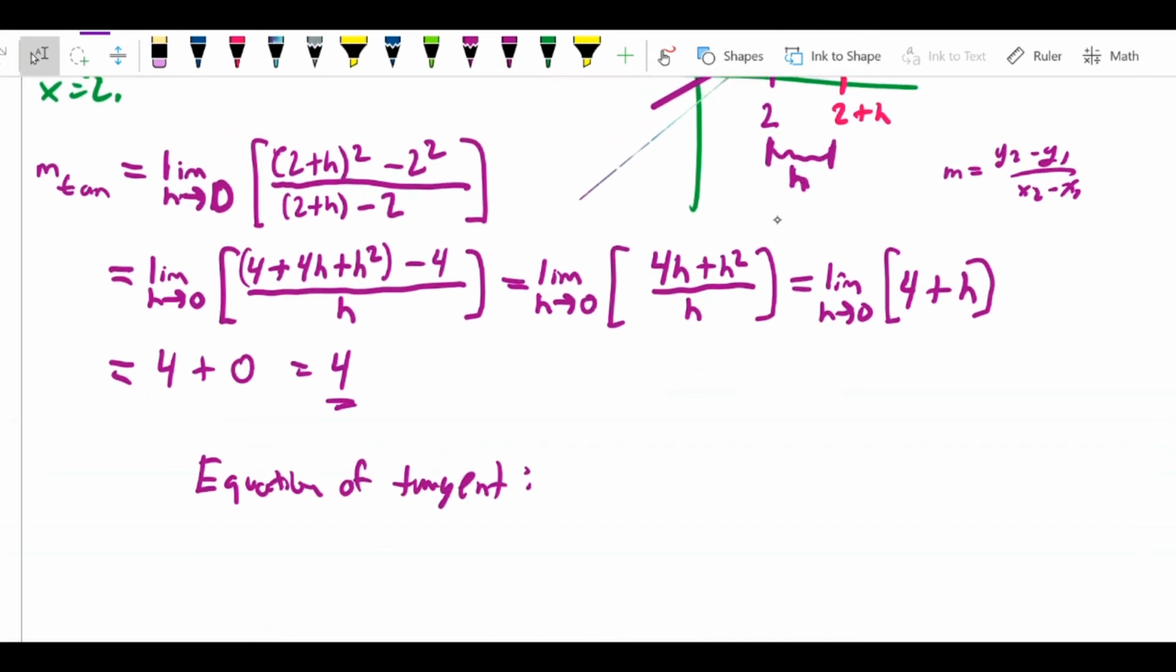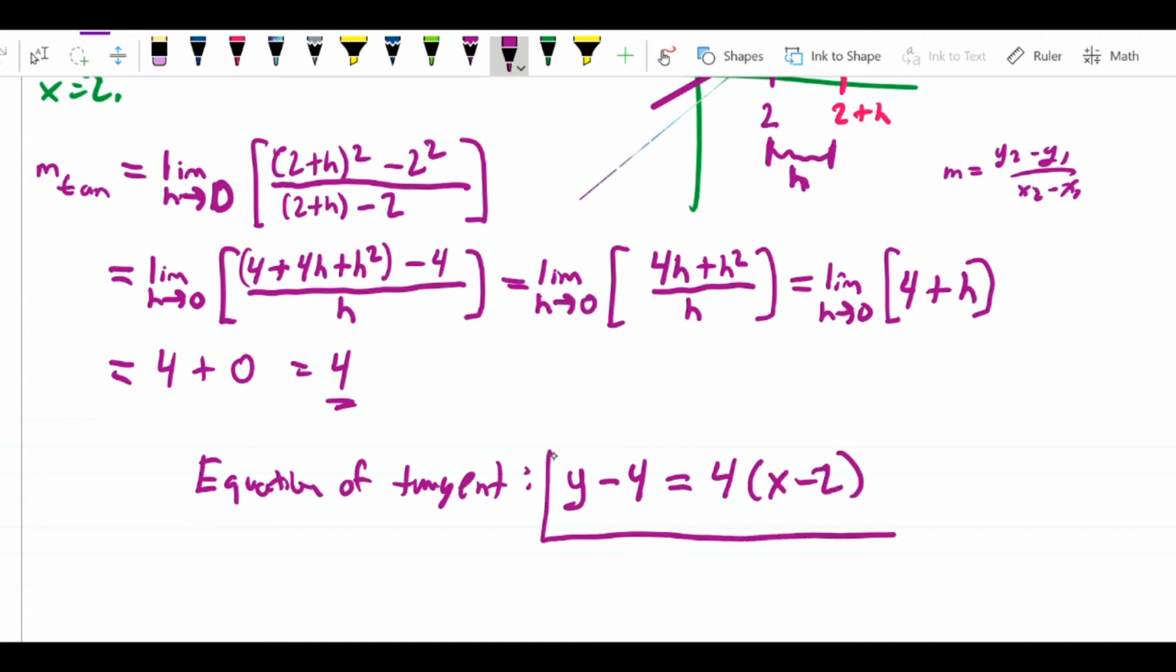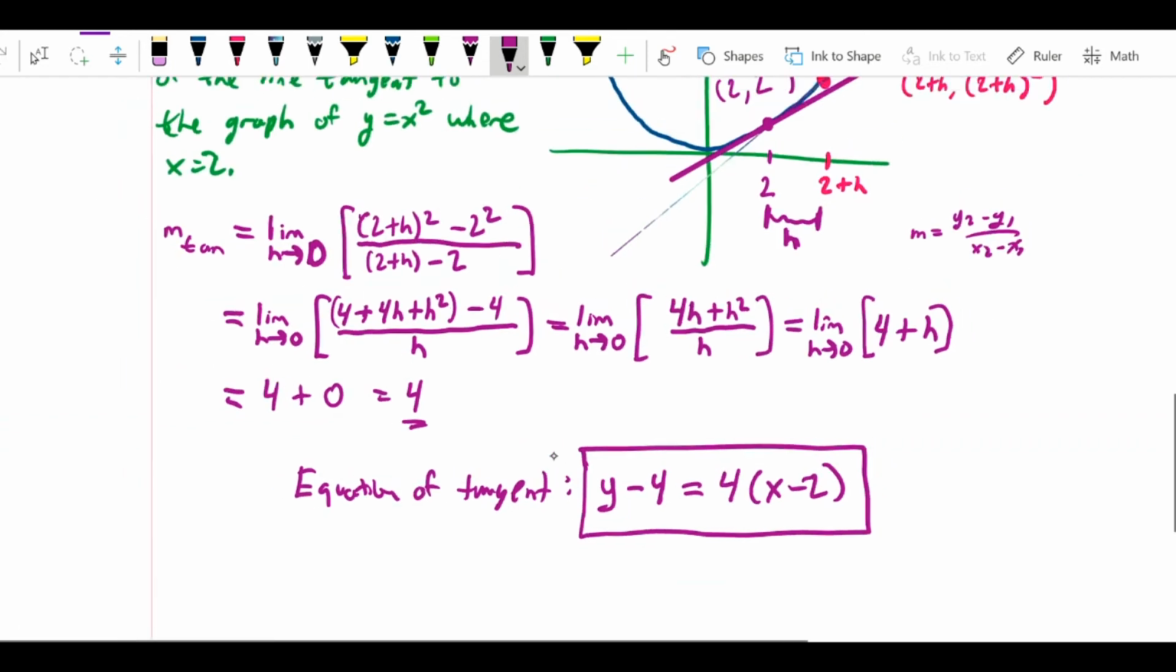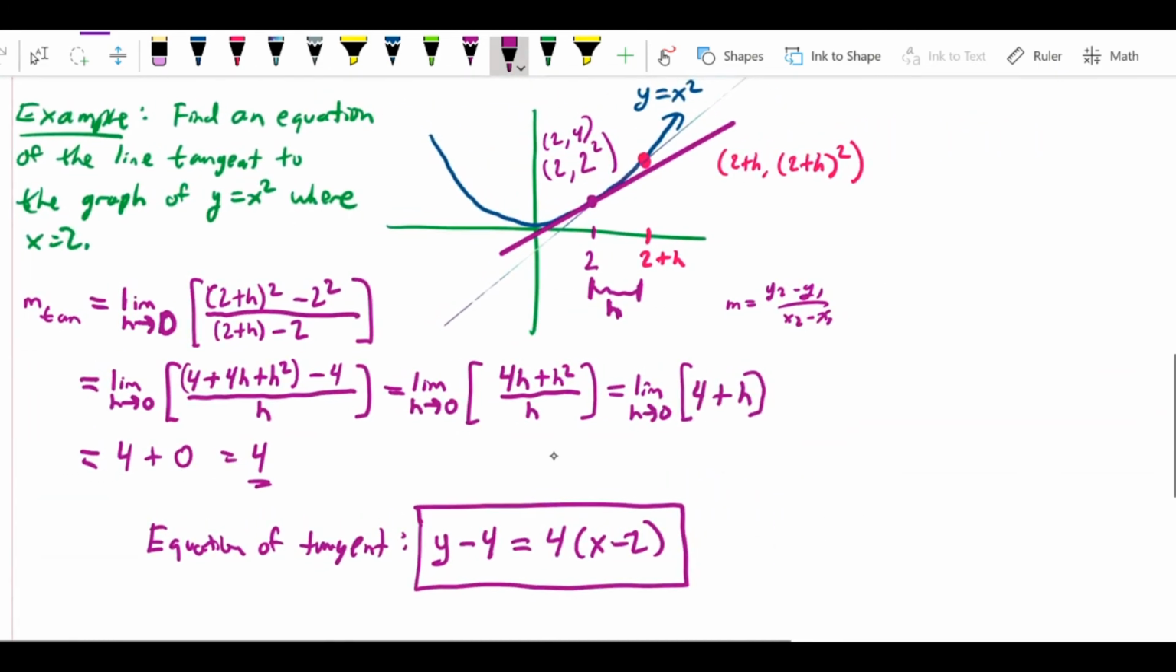So the equation of the tangent using point-slope form is simply going to be y minus 4 equals 4 times (x minus 2). And we reviewed point-slope form in an earlier video on pre-calc, and this is one of the reasons that it's important for this course. So there's the answer. That's an equation of the tangent line to the graph y equals x